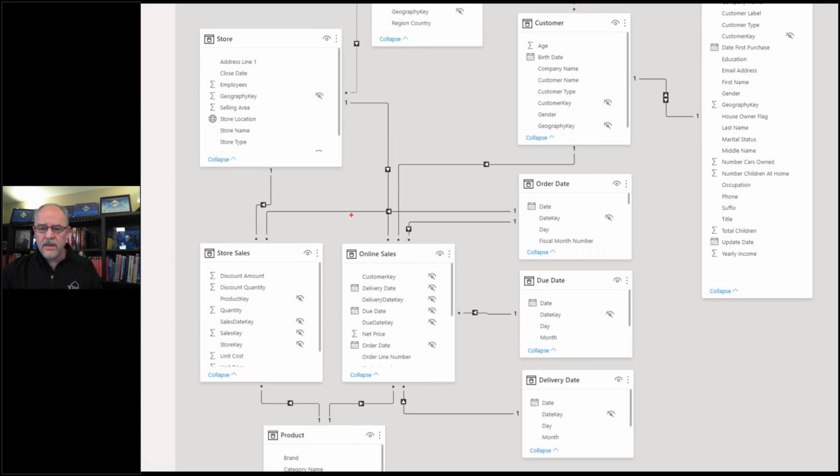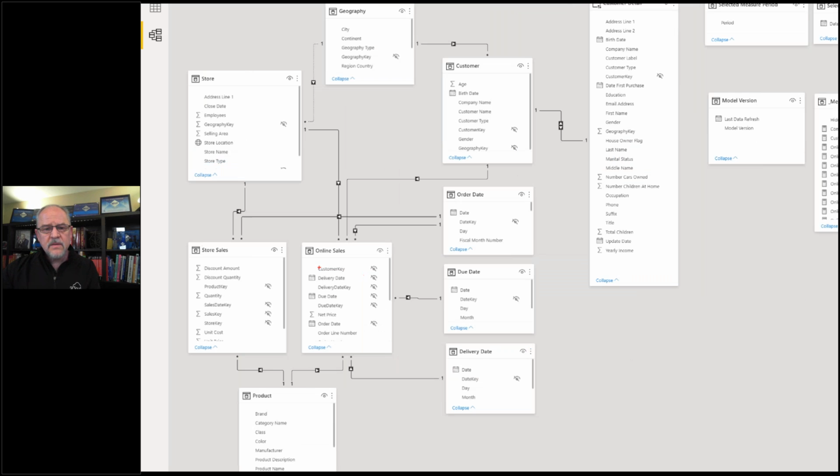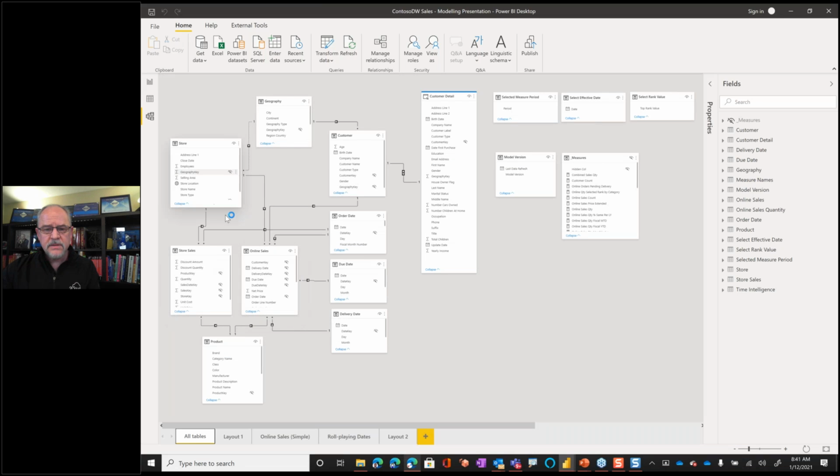Okay, but then we also have customer, and I'm sorry, we need to look at online sales. You know what? Let's apply this to online sales. So an online sale can be fulfilled through a store, and we know the location of that store because there is a geography key for a store.